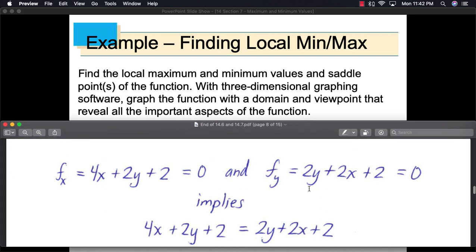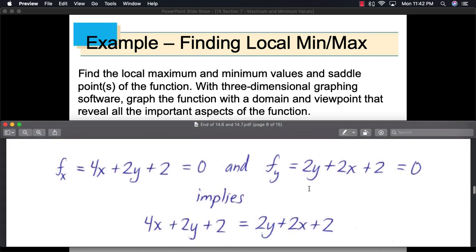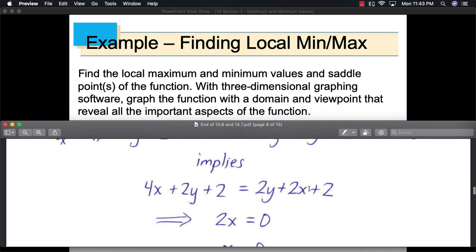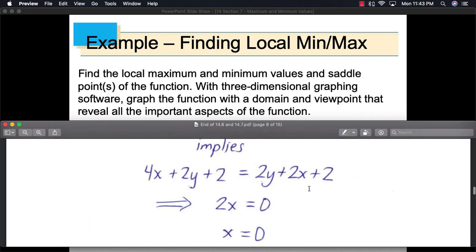So this problem is definitely going to be different because instead of ending up with actual numbers, the last example gave us actual numbers. It gave us plus or minus 1 or 0, then plus or minus 1. Here, though, when we solve for it, we do get x equals 0, but sometimes we'll get algebraic expressions, so be on the lookout for that, but I'll explain our ways around that momentarily. So here we get x equals 0,